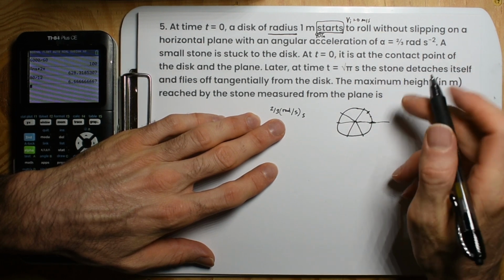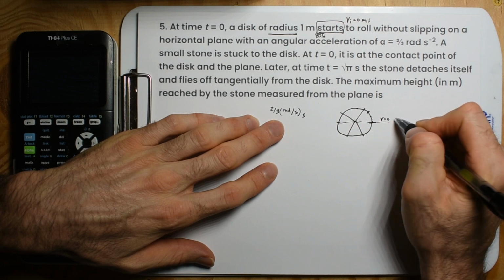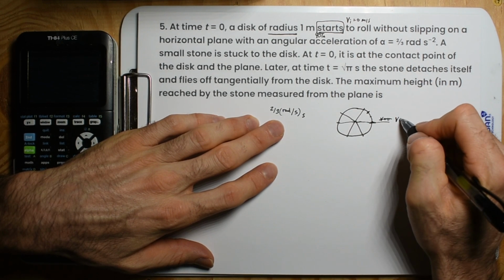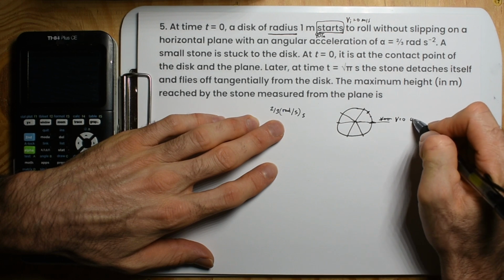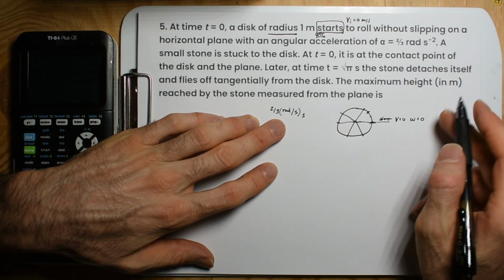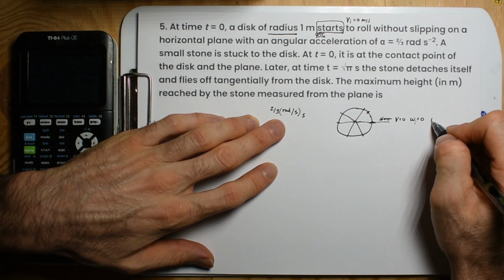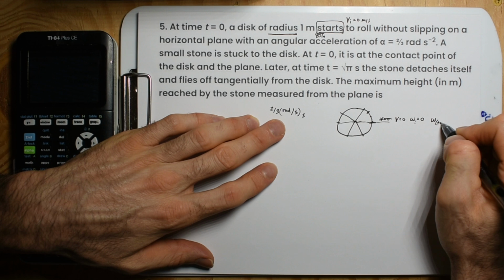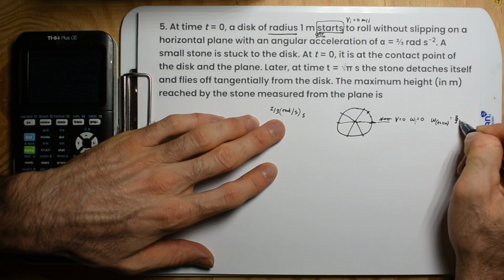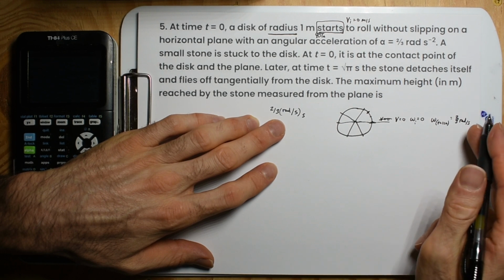So in 1 second, our velocity went from 0. You think of it as velocity. We're at 0 radians per second initially, but then at t equal to 1 second, we're at 2/3 of a radian per second. So that means